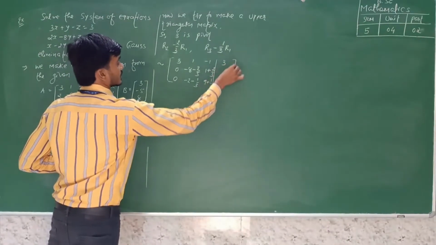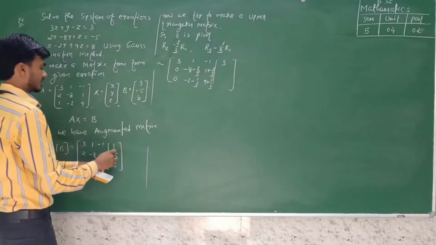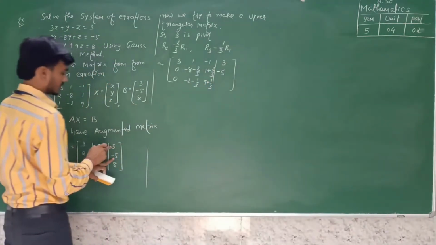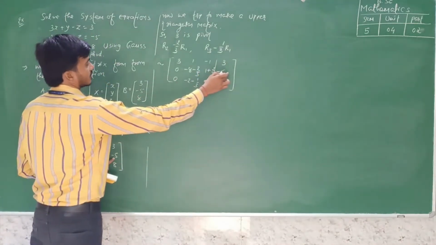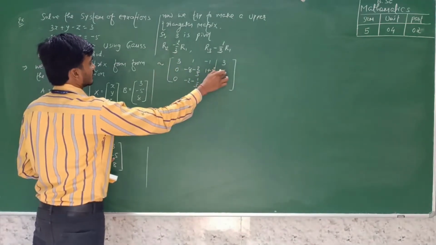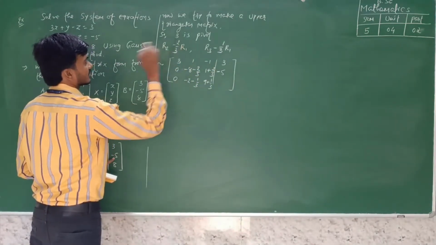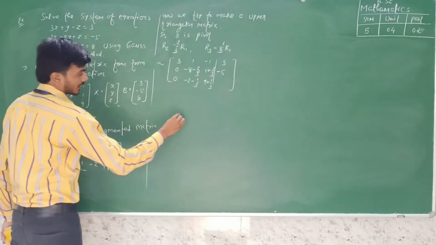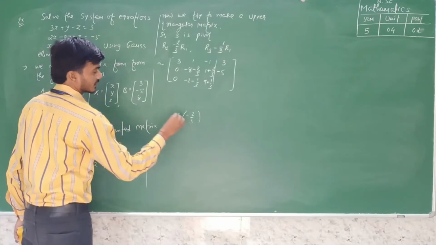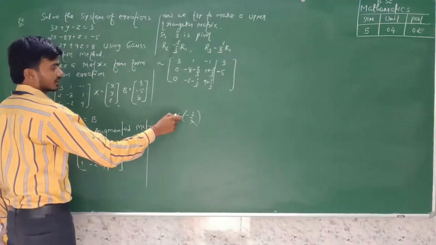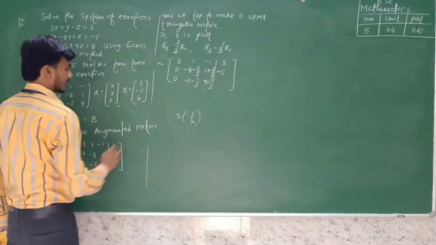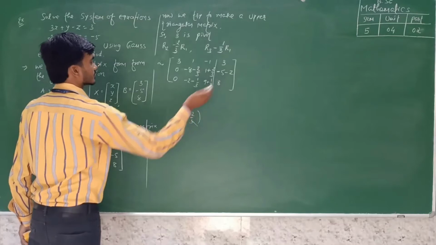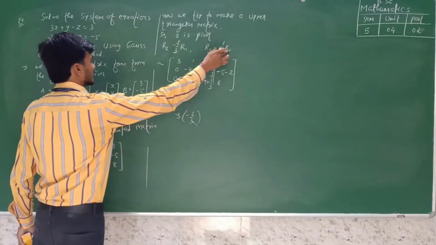Here 3, the second row will be changed, that means minus 5, there is minus 5 and 3, first row, in the second row it will be changed, first row minus 2 by 3. Here 3 into minus 2 by 3, that means 3 cancel, minus 2 will be there, minus 5 and minus 2 will be added, so minus 2. Here 8 and third row, R1,